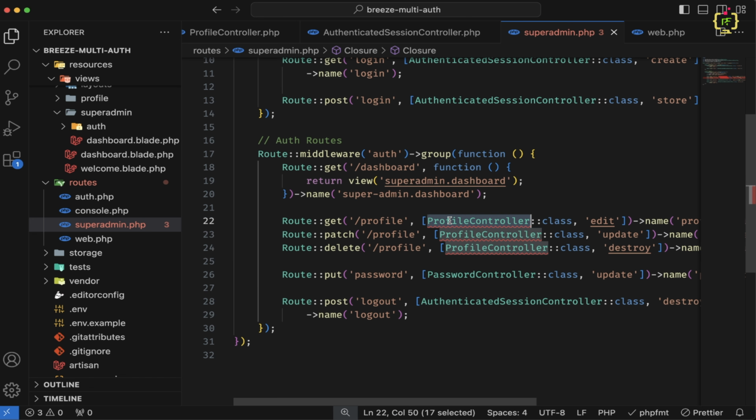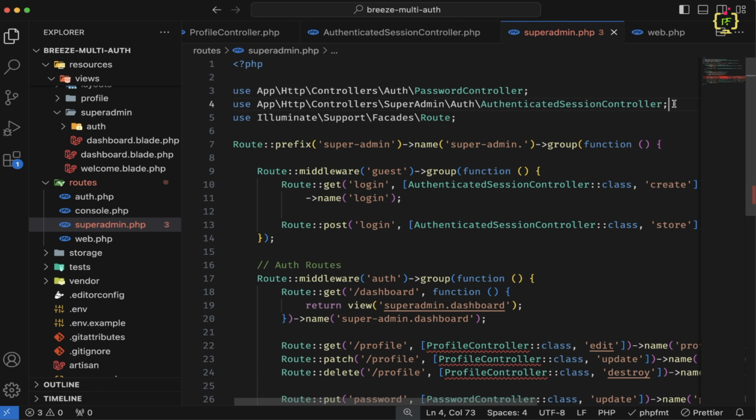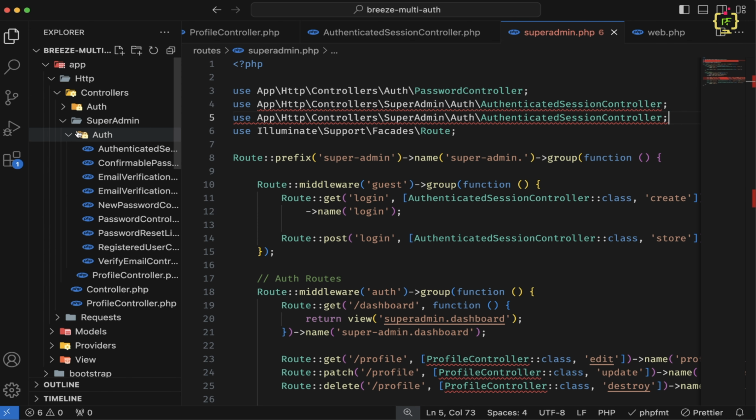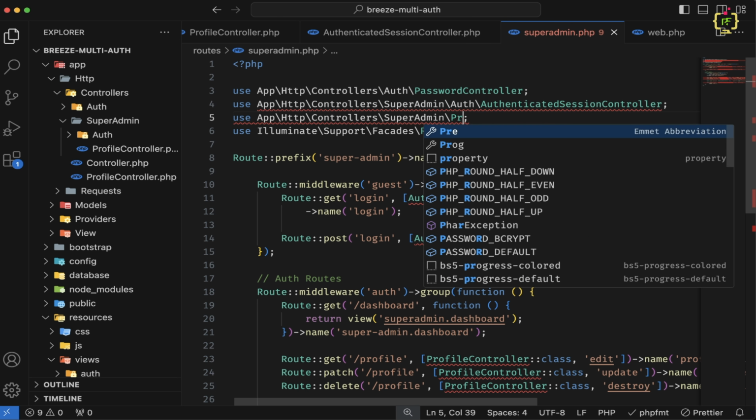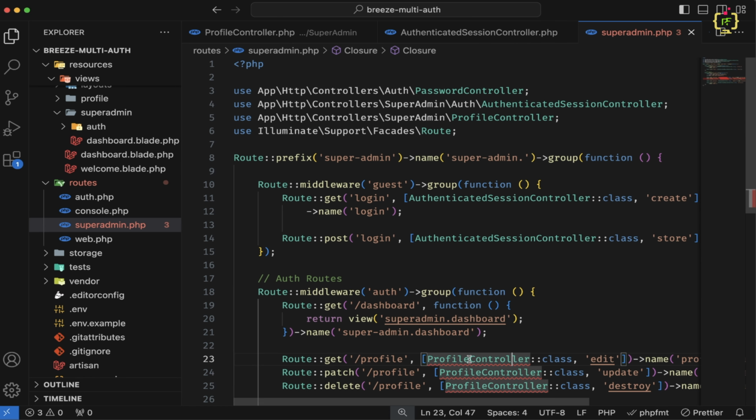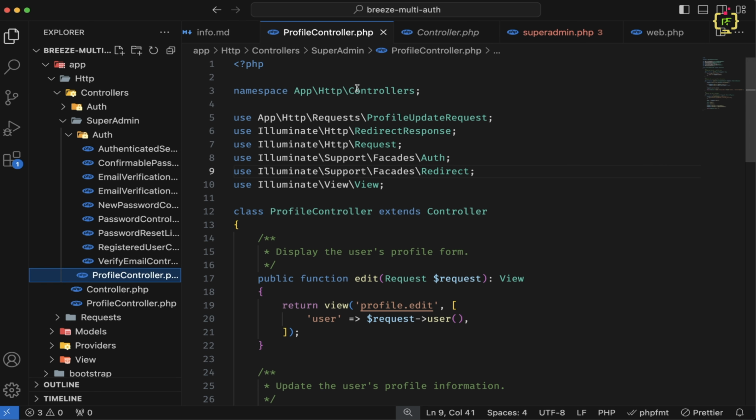Okay, and regarding this profile controller, if we scroll up, then we don't have the profile controller here, so we will have to import it from this superadmin. So let's duplicate this, and here inside this superadmin we have the profile controller, so we will have to change this to profile controller like this. And again in this profile controller we will have to change the namespace. So inside this superadmin profile controller, we will have to change the namespace here, because currently this is referring to app, HTTP and controllers. So we will have to change this to superadmin profile controller. So let's update this namespace as